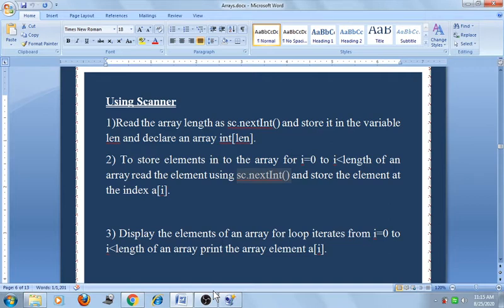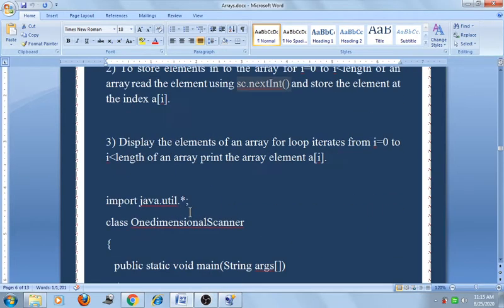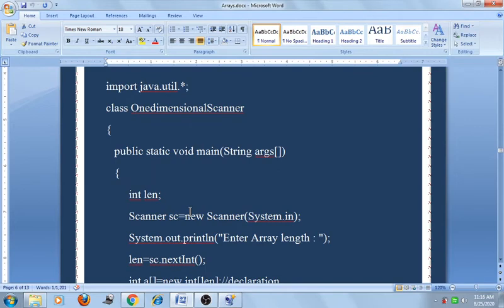Length is the property of an array. Then we store the element at index a of i. And the third step is to display the elements of the array: a for loop iteration for i equal to 0 to i less than length of the array, printing the array element a of i. This procedure will be implemented in this program.